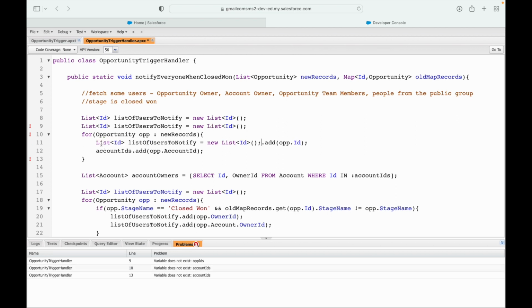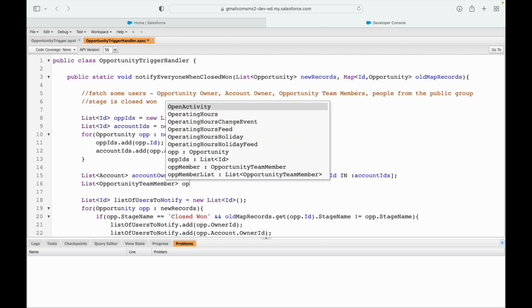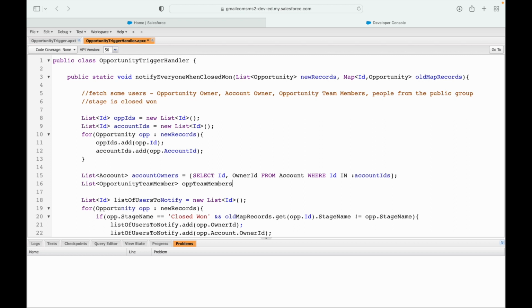So one would be op IDs, sorry, the other one would be account IDs. Save. This should save fine. Yeah. What's the next thing? I want to check list of opportunity team member, right? So op team members, I want to fetch,